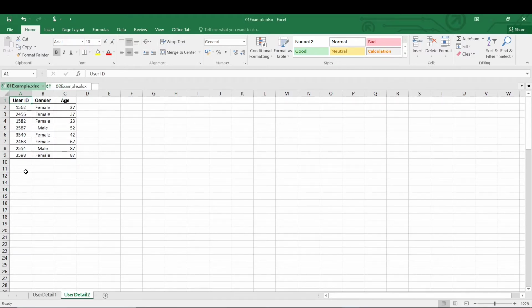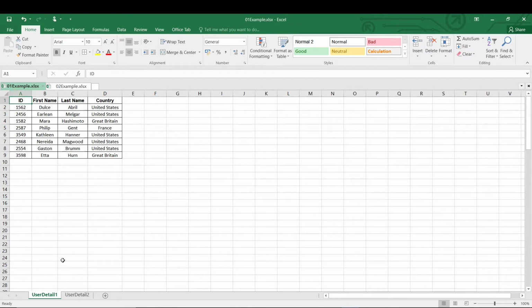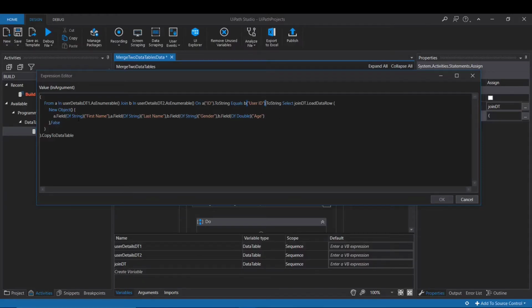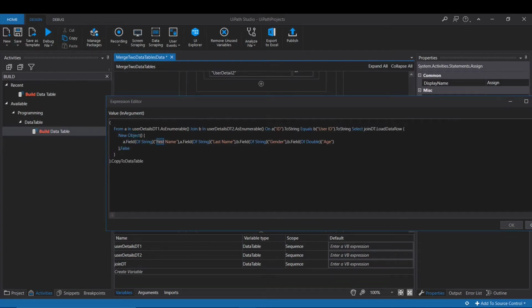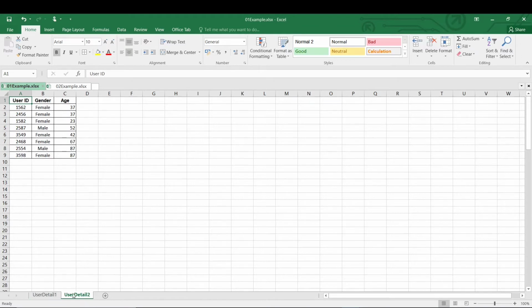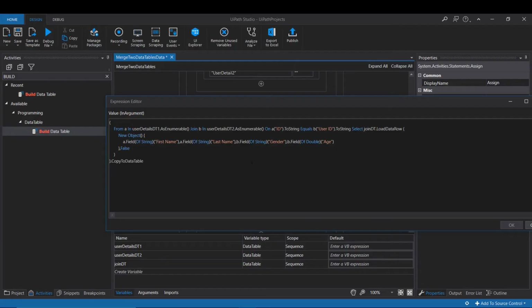ID and user ID are the same column, that's what we are saying here. Here we are creating an object, and this name should be the same as the name available in the Excel sheet. You can see this one.